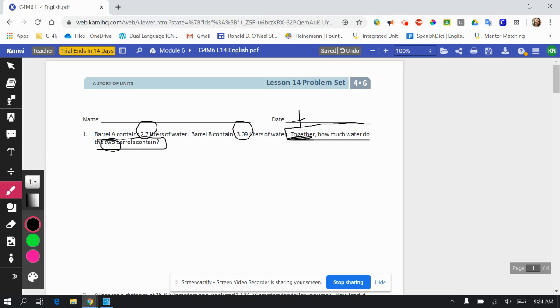All right, so that was reading. Now we're on to the drawing step, right? Because we call this RDW. Read, draw, and then we answer with a complete sentence. So read, draw, write. All right, we're at the drawing step, so I'm going to draw a picture to show